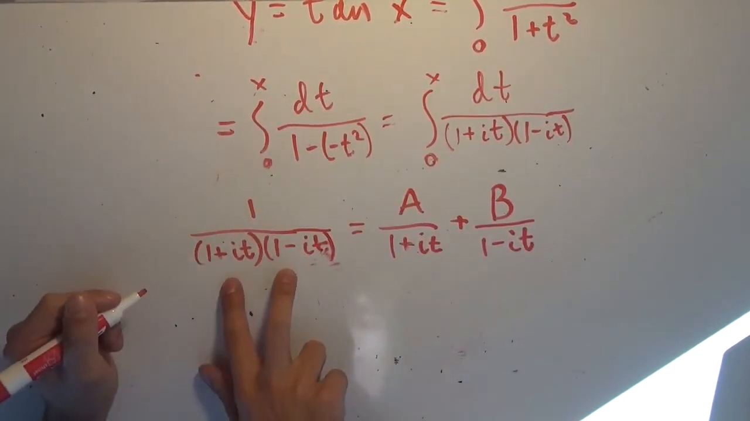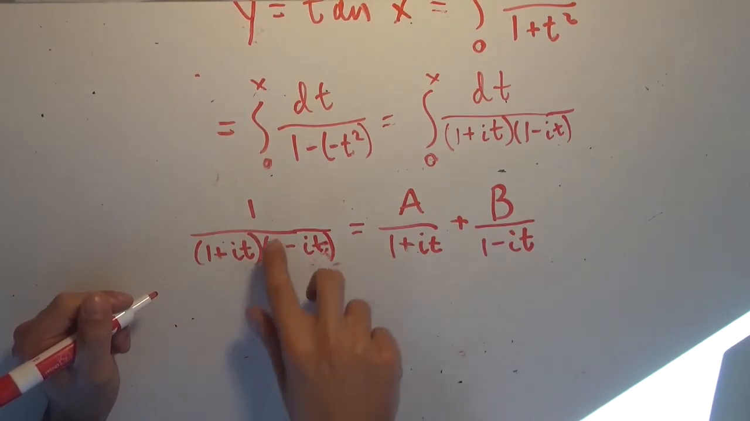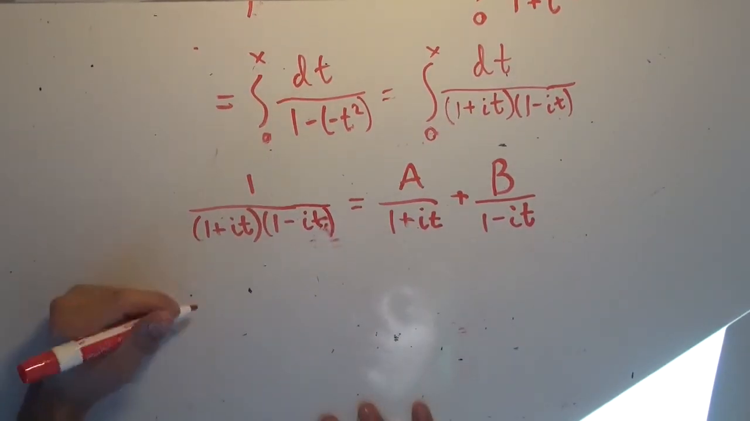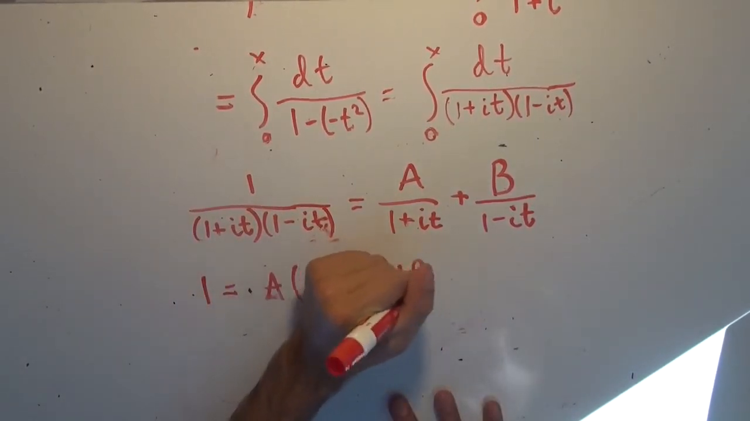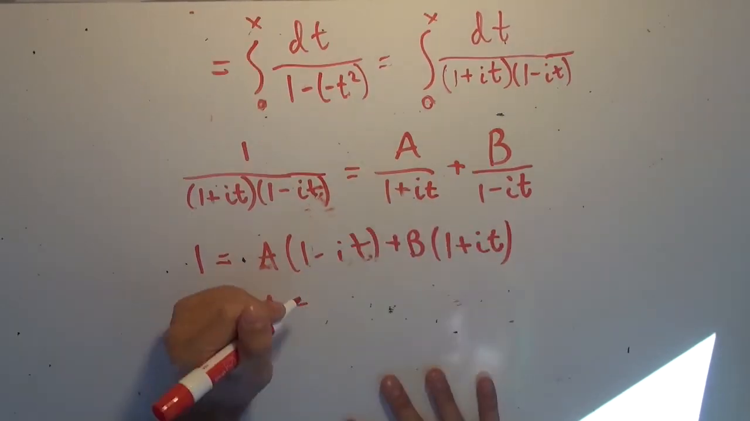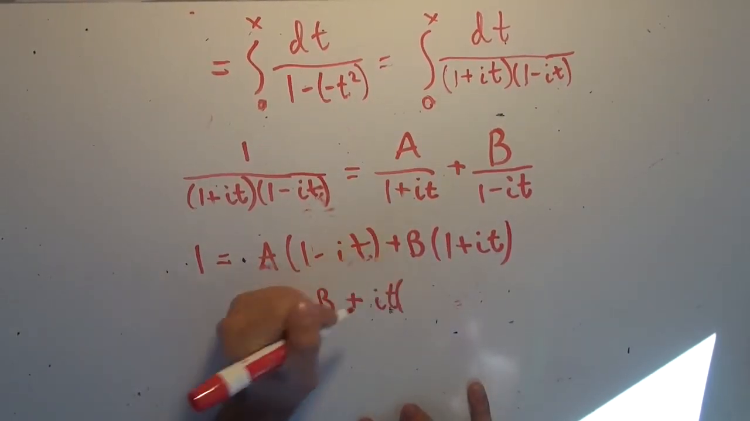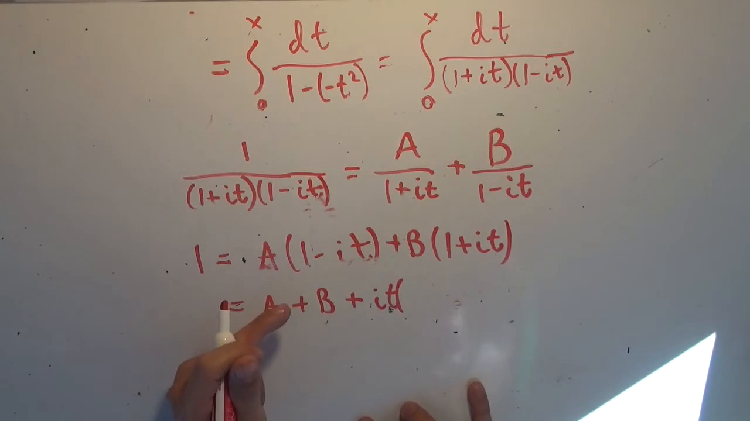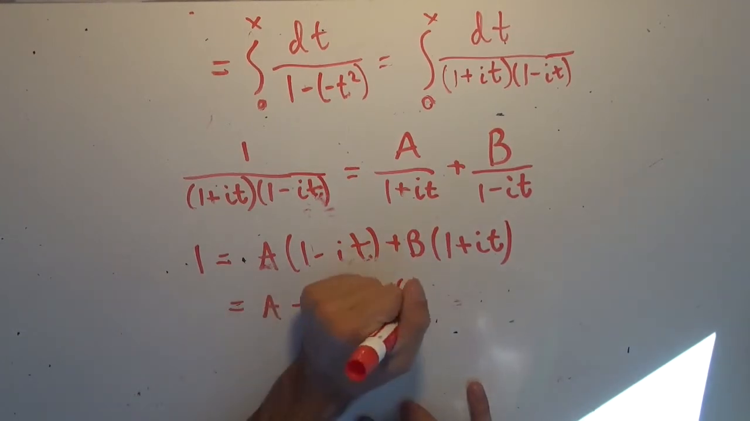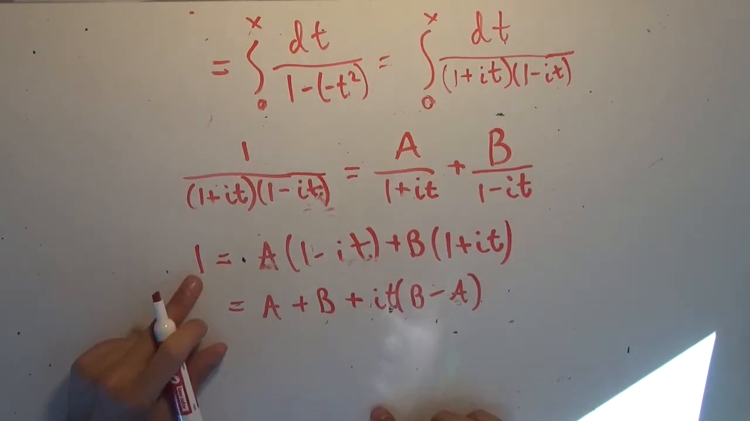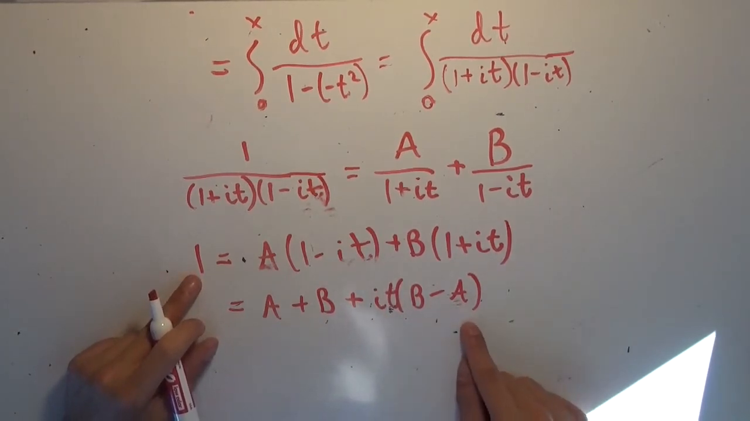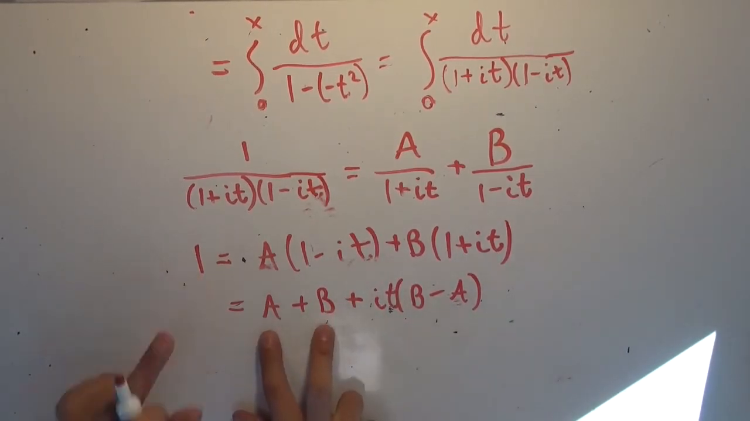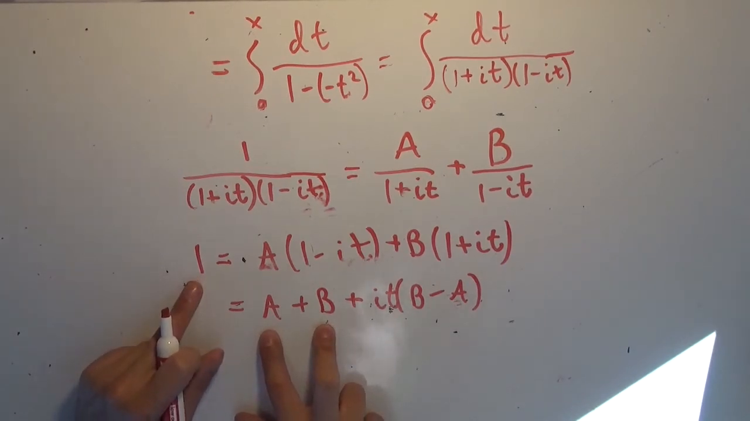We're essentially going to multiply through by both of these things and set that equal to 1 and simply combine like terms. So we're going to get that 1 is equal to a times (1 minus it) plus b times (1 plus it), which is equal to a plus b plus it times (b minus a). Because this is just 1, that means the linear term has to be 0, not to mention the imaginary part of the term has to be 0. So b minus a has to be 0, which means b has to equal a. We know that a plus b has to equal 1, so a and b must both be 1/2,